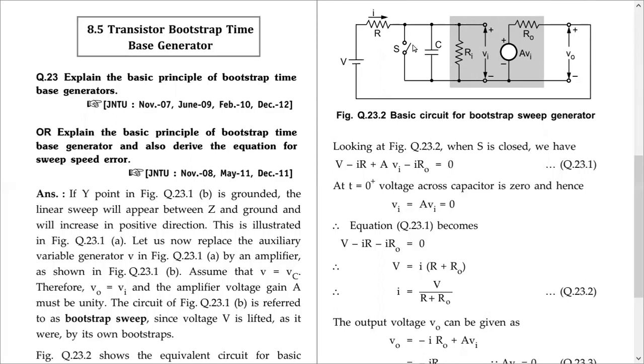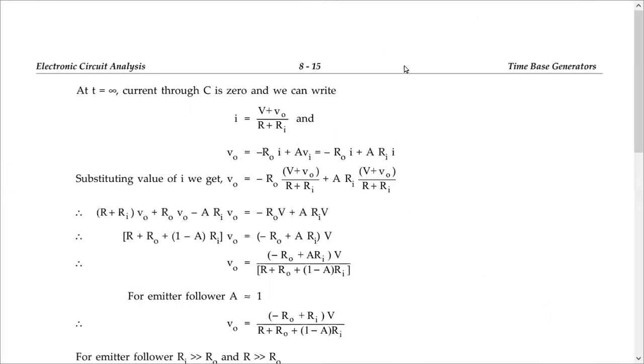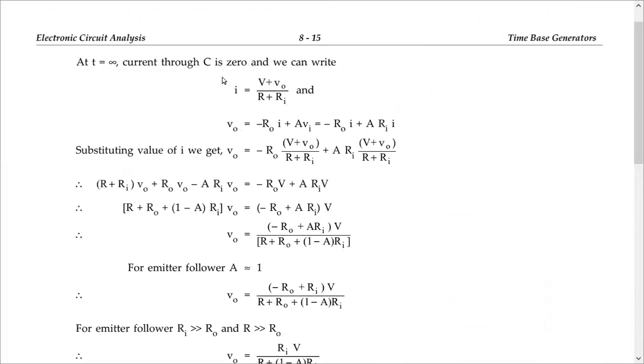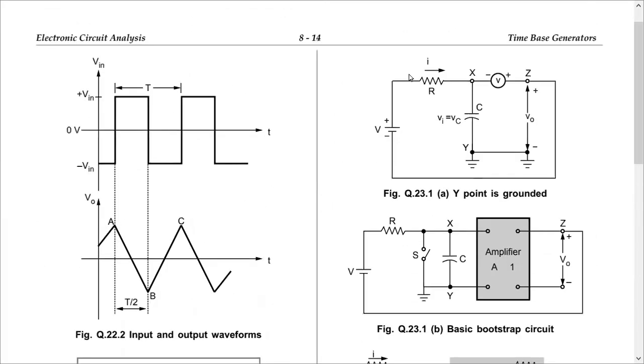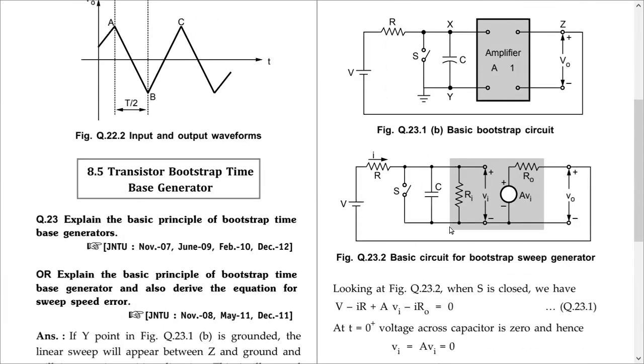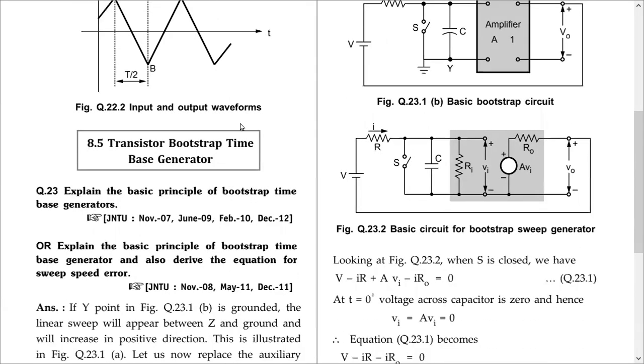So now we are taking the case when the switch is closed, and at t is equal to 0 we open the switch. This is the mathematical part. Now when t is equal to infinity, the switch is open for a long time, what happens? The capacitor will sufficiently charge and settle, and it will not allow any more current to flow through it. Switch is open, so current doesn't flow through the switch or the capacitor. Now the current flows in this path: V, R, Ri, AVi, R naught, and then back.